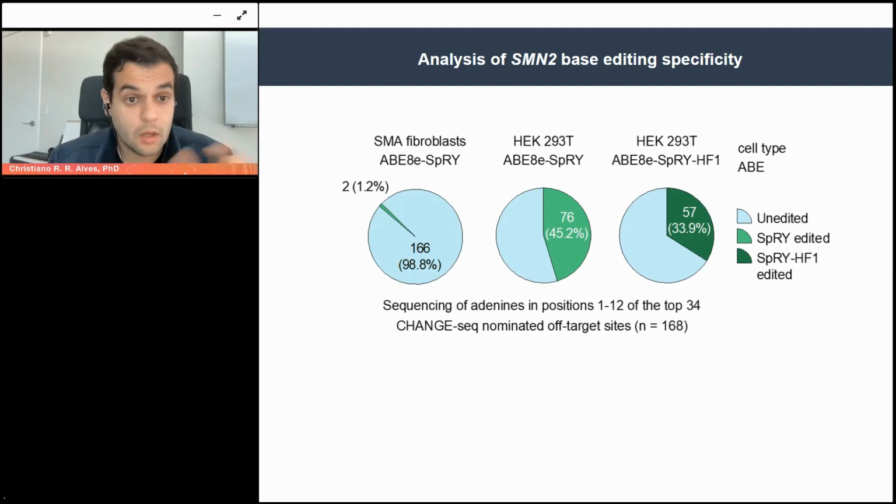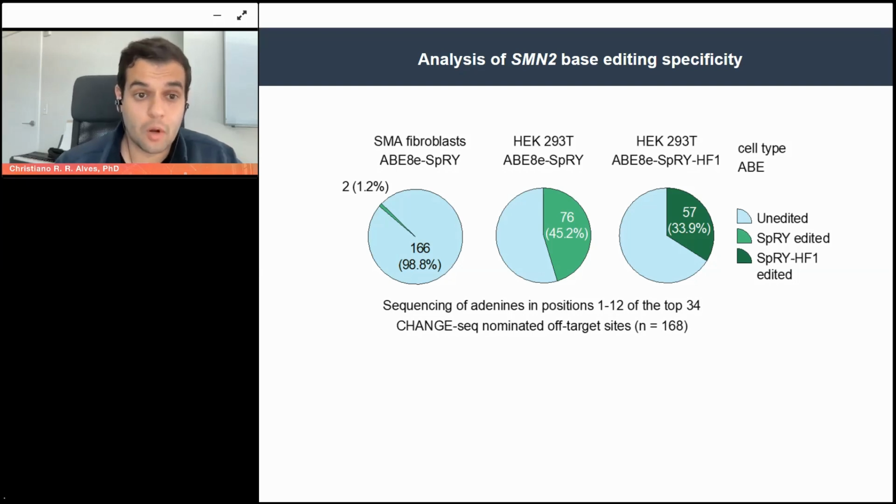And then I'm showing the other 34, which would be the 34 next off targets. And what you see in fibroblasts is actually only 2 of those are real off targets in cells. So we actually statistically see some difference in cells. And in HEK cells, because you are really saturating and expressing a lot of protein and guide, we find more off targets. But then in the fibroblasts, which is the first pie chart, that's the one more in the disease context, we see only 2 off targets.